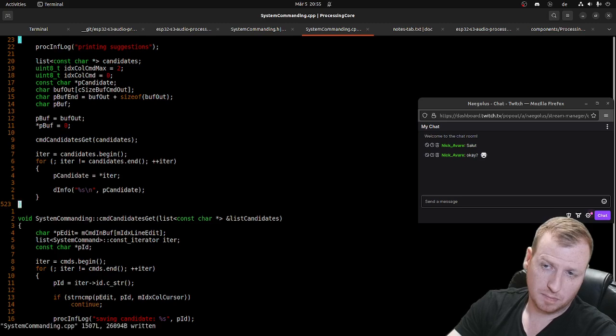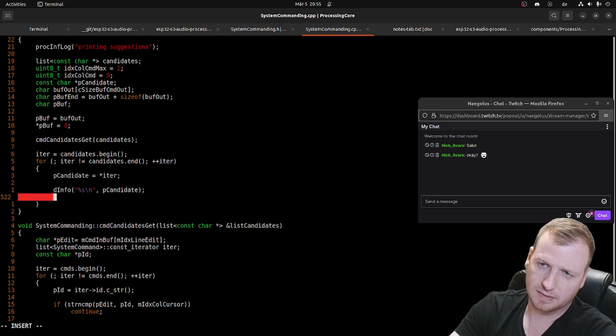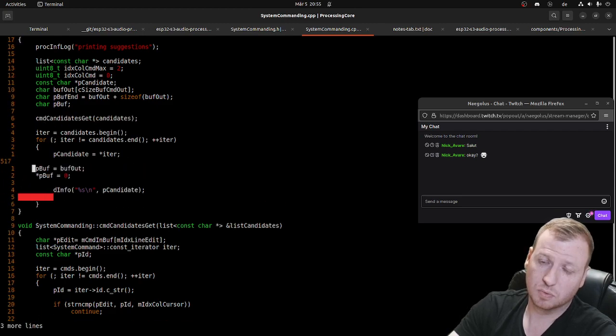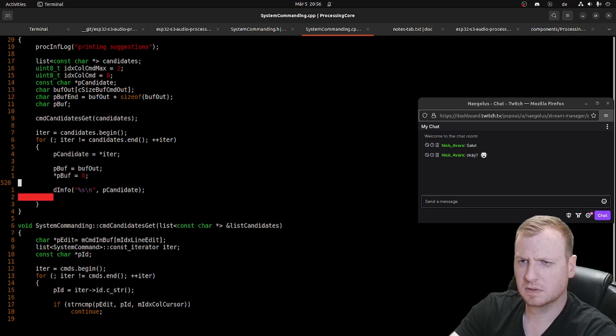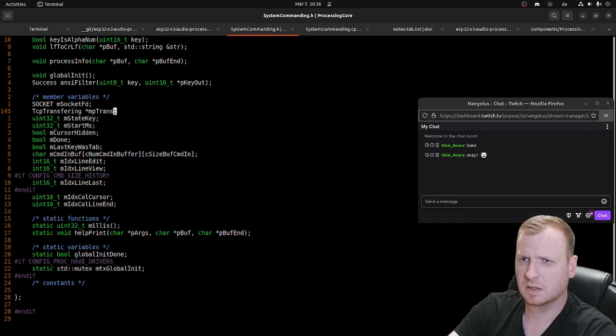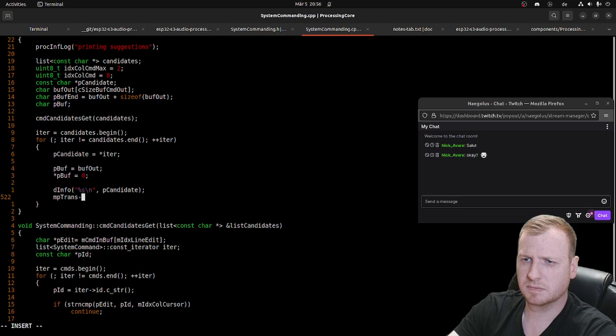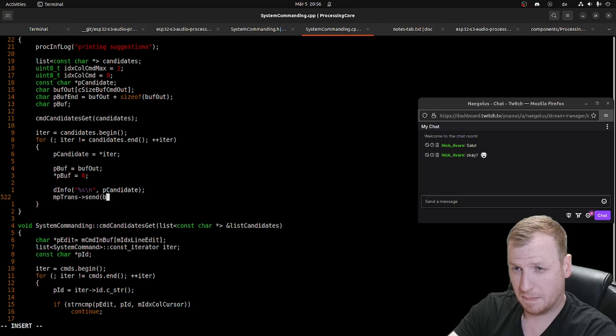We print one command and then we print a new line immediately, and this should be sent. So we clear the buffer every time, and then we say transmit send of out and size is